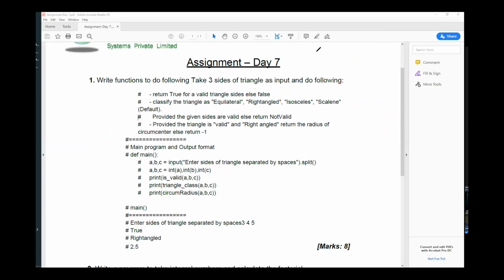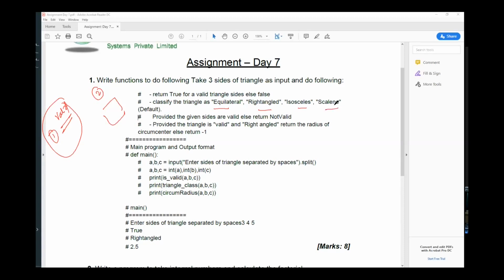Now, think this way. If we were solving all these problems through scripting style, what would have been there? For a valid triangle, I wrote a script, a few executables, that is problem number one. In problem number two, I will again copy paste all this code that I have written in problem number one. The second part is equilateral, right angled, isosceles, scalene.